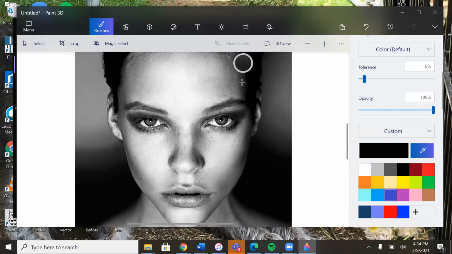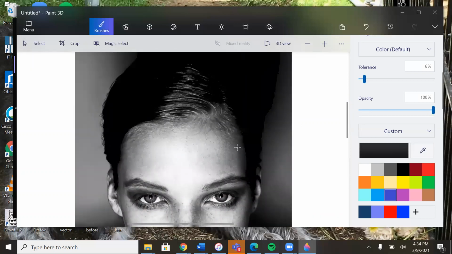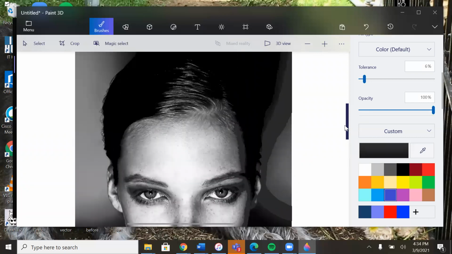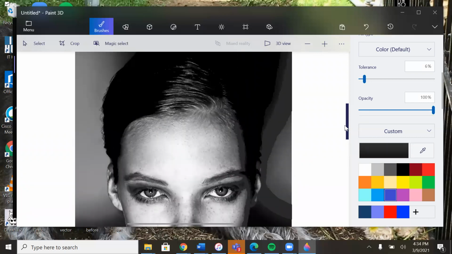So what I'm going to do is hover my eyedropper over the next darkest value that I can see. And I like to just go right next to my black areas and fill that in. And you'll notice that it actually grabs some of the areas that the program considers to be of a similar value, and it'll automatically color that in. If you do not like it doing that, then you want to lower the tolerance. I'm okay with it doing it for the purposes of this video, so I'm going to leave it be. I will tell you this,